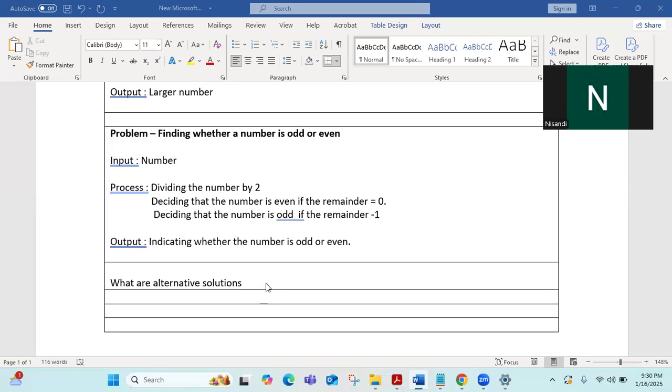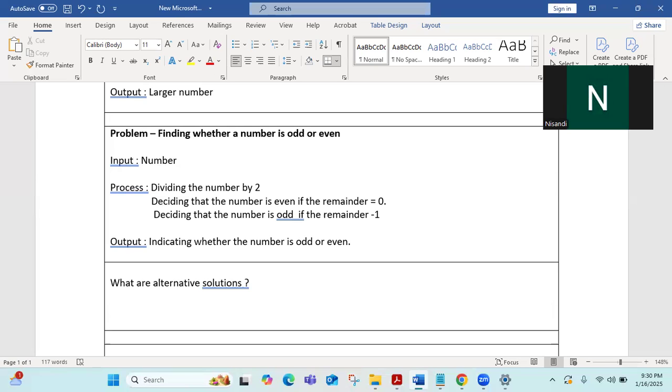What are alternative solutions? What will be the alternative solution? Don't know. All right. So for the example, alternative solution means, say for the school, normally you go by